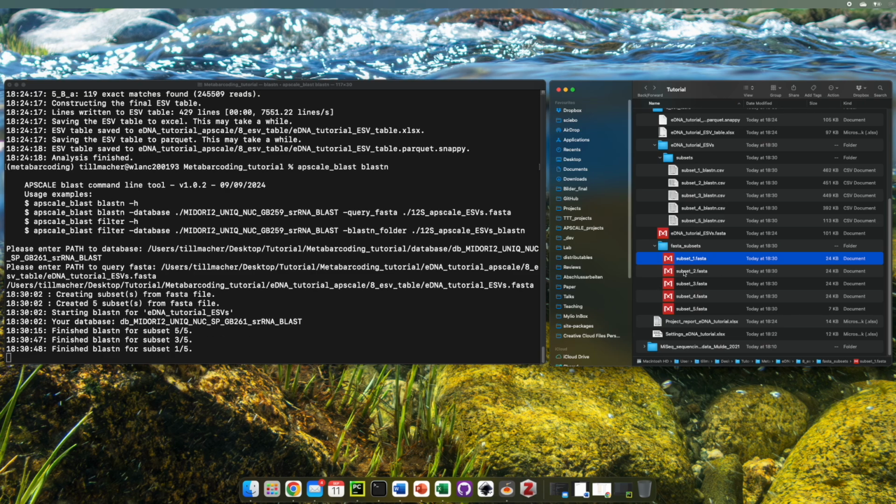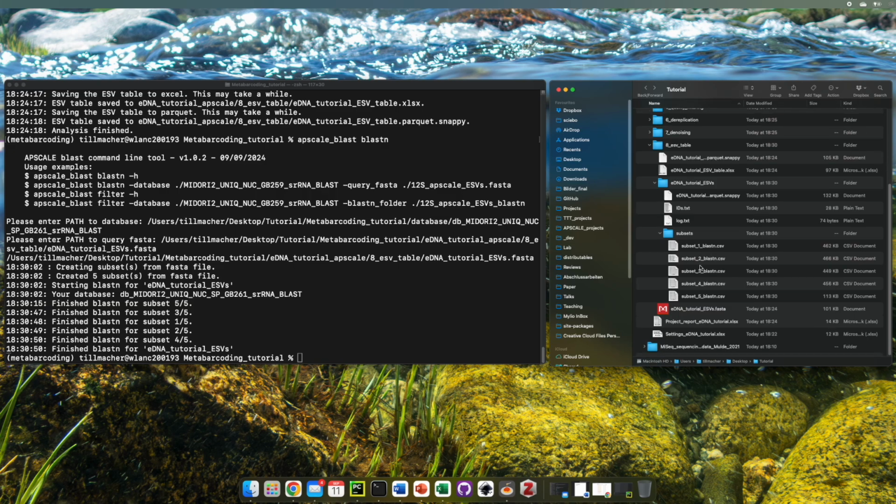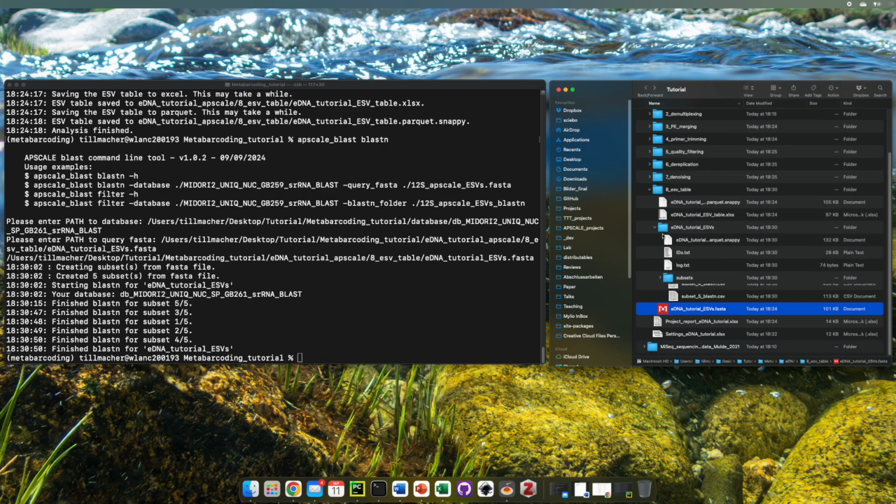This can also be changed in the settings. Okay, now it's ready. And it will perform the BLAST on those 100 sequence FASTA files in parallel,